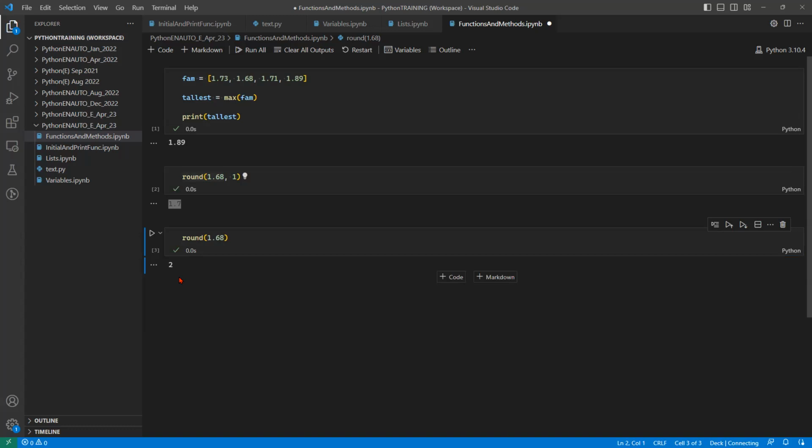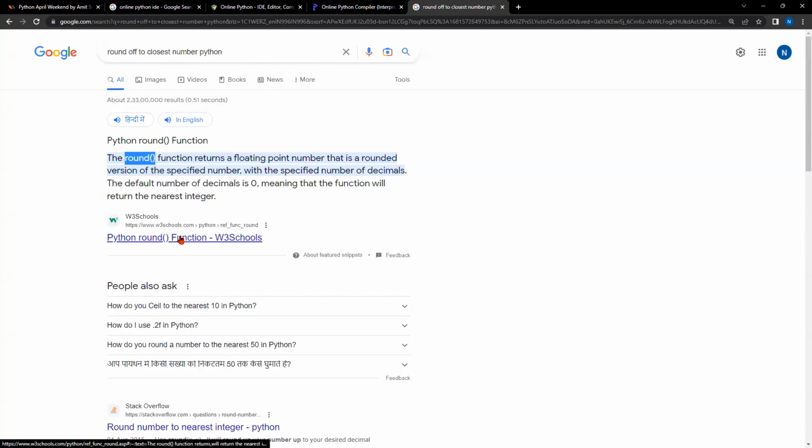What is that issue? That issue is that I knew how to use the round function. I knew that I had to give my original value first, and then I can give another number, which basically means the number of digits after the decimal and things like that. But you might not know that in every function. So there are two possible solutions: either you go through the Google result and read about the round function